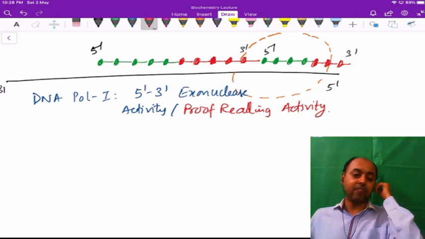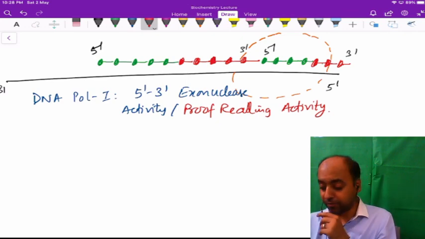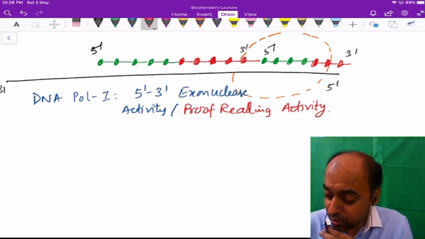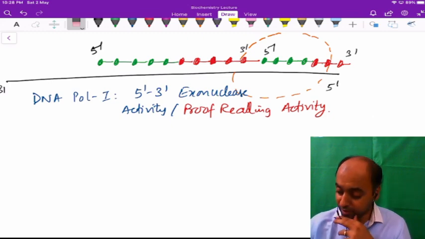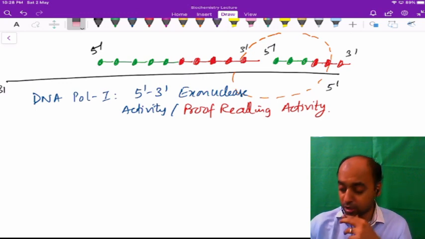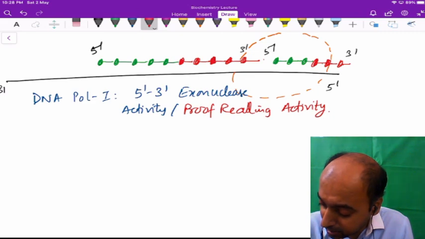So we have the 5 dash to 3 dash exonuclease activity in addition to the polymerization activity. What this exonuclease does, it starts removing the RNA from the 5 dash end. See here, DNA should be there, but what we find is the RNA. So it will remove the RNA and replace the RNA